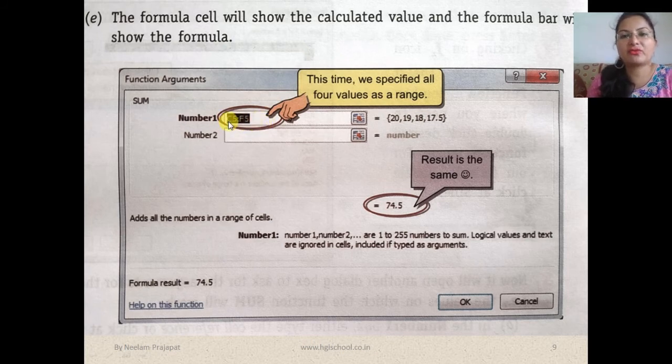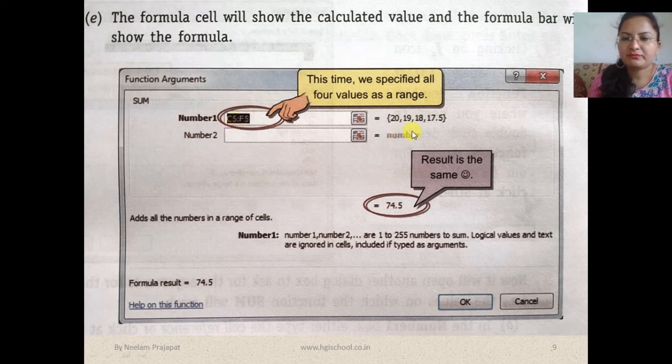Like if we have to add hundreds of numbers, it becomes very difficult for us to type an address 100 times. If we have to add those numbers, or multiply or divide, then you write the first cell address. Like here we have to add, the first cell is C5 and the last cell is F5. So you directly write the range C5 to F5. It is a colon here in the center. You can press it with the shift key on your keyboard. Got it? You have to use the shift key to type this colon.